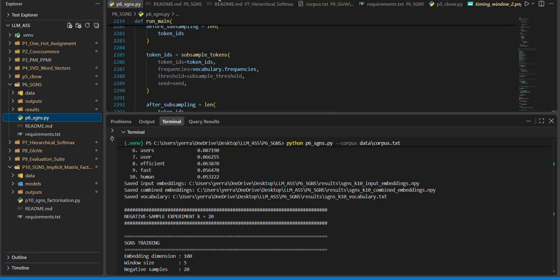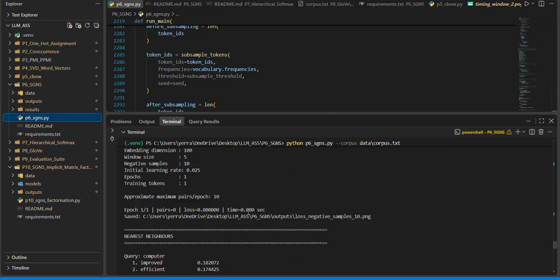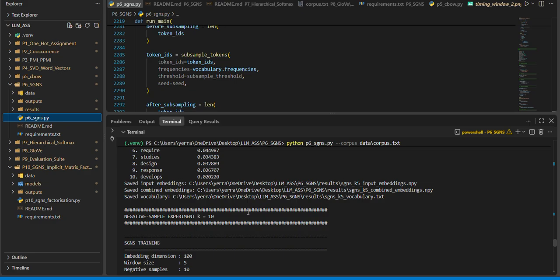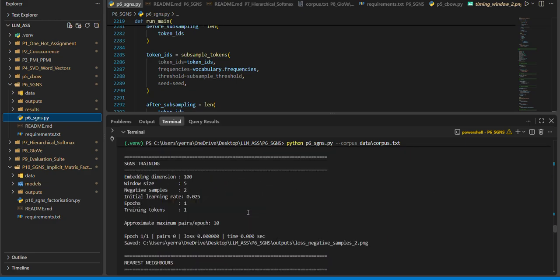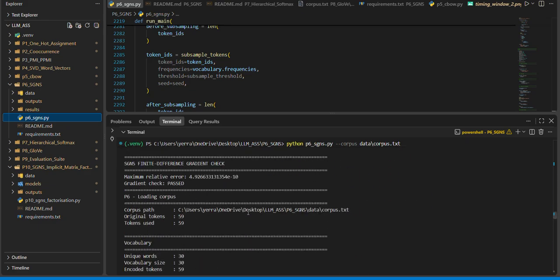Hi, this is Shirisha. I implemented the skip-gram with negative sampling (SGNS) model, the core training approach behind Word2Vec vectors, completely from scratch using NumPy. The goal was to understand how Word2Vec learns meaningful word embeddings efficiently without using automatic differentiation or high-level